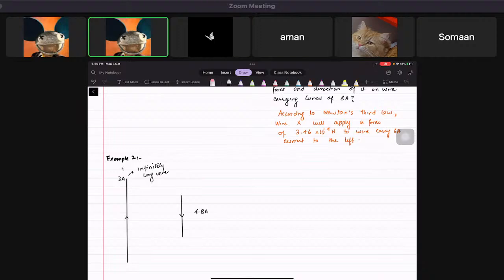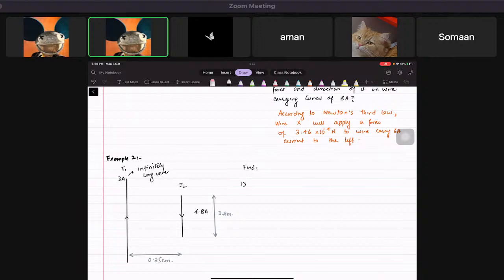So let's call this I1, let's call this I2. They've also given you the length of the other wire, which is 3.2 meters. They've also given that the distance from the center of this wire to this wire is 0.25 centimeters. And you have the currents, you have the direction, and now they say find